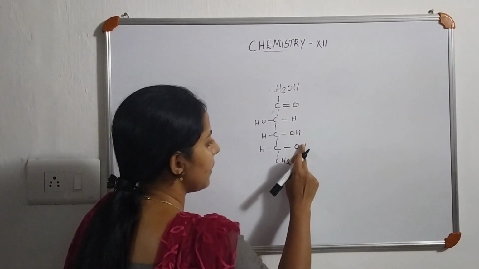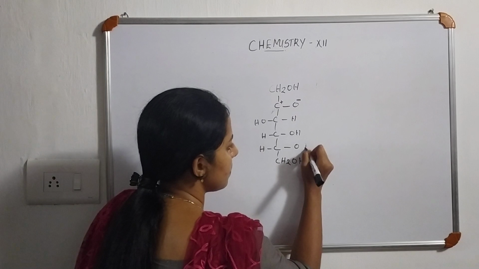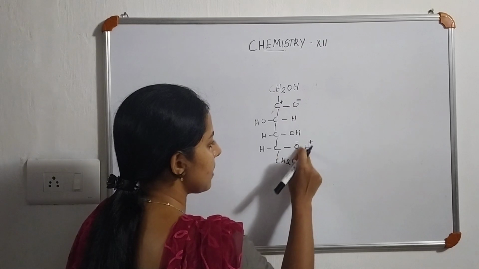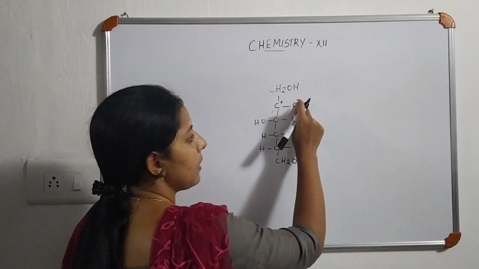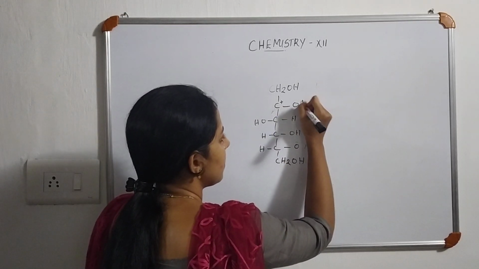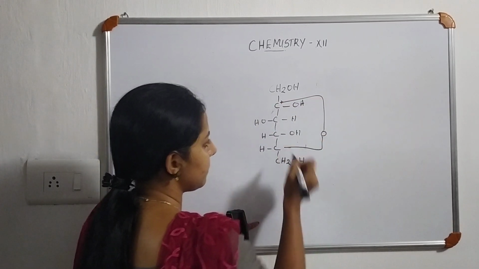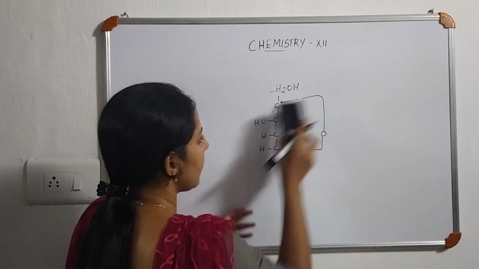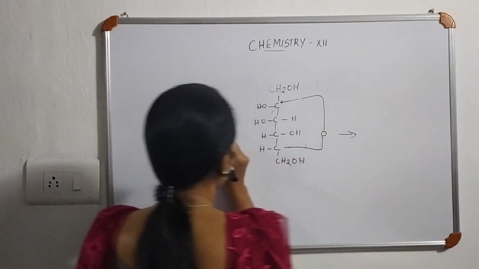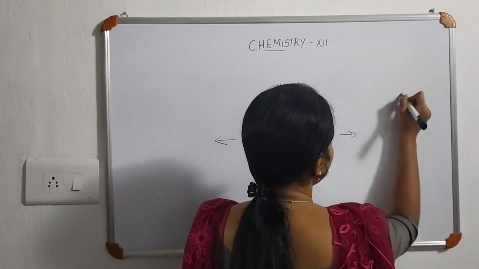ketone group. So here this bond breaks and it forms negative and positive, and here also this hydrogen will be positive and oxygen will be negative, since oxygen is more electronegative. This positively charged hydrogen gets attached to this negatively charged oxygen and forms OH, and this carbon and oxygen get bonded and form a cycle. Okay, so we can write this OH like this. So it will form two types of structures similar to that of glucose, alpha form and beta form.